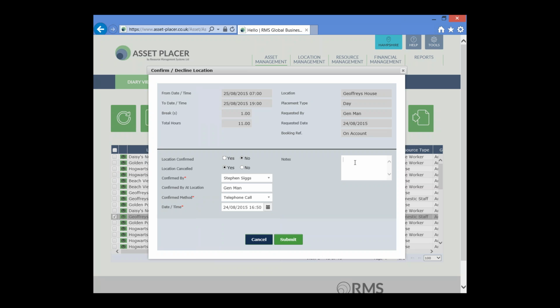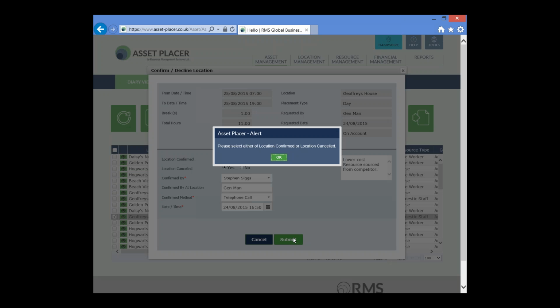So in this example, we're going to say that lower cost resource was sourced from a competitor. And maybe that's a one-off isolated instance, or maybe there's a pattern. Any which way, we're recording that, and by submitting it to the Asset Placer database, we'll have that saved for